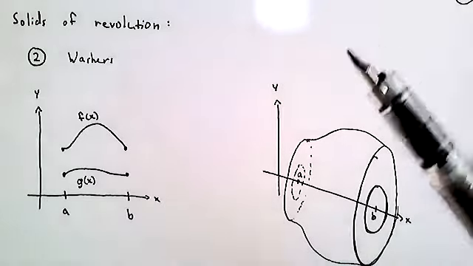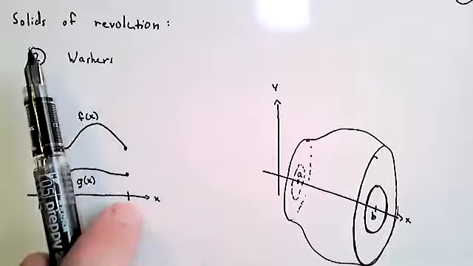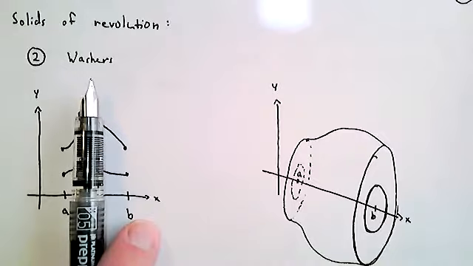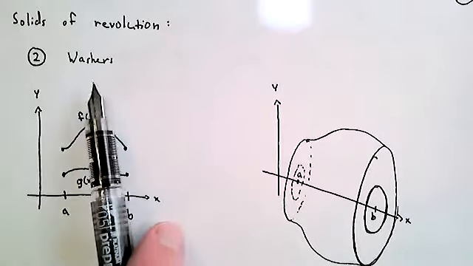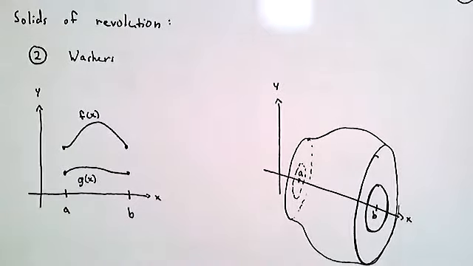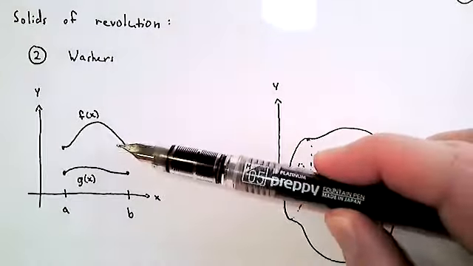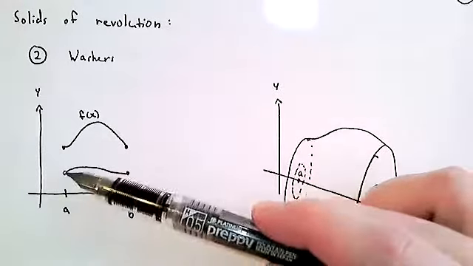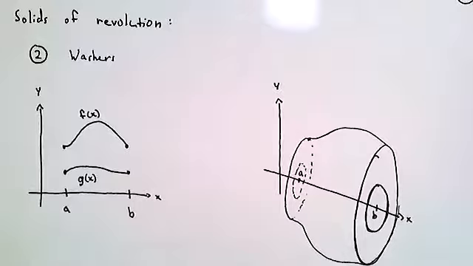So what we're going to be doing today is, again, solids of revolution, and we're going to be using what are called washers. And I'll explain with a picture in just a second what I mean by washers. It'll be pretty clear once you see the picture. The general idea is that we're going to have two curves when we're finding our volume, and then we're